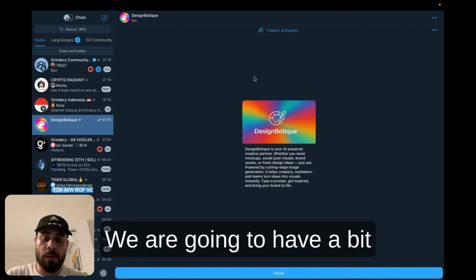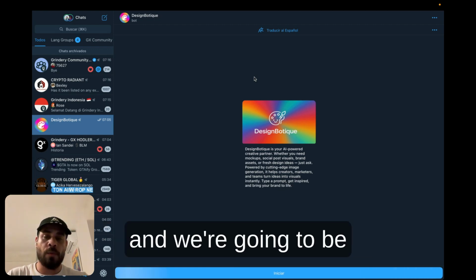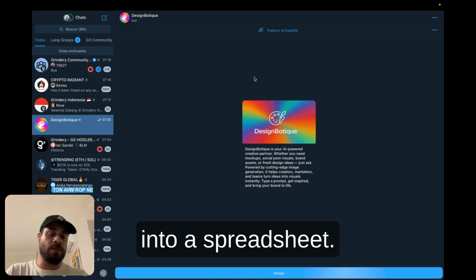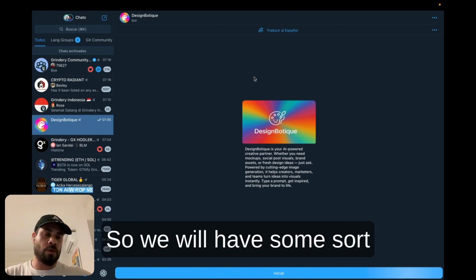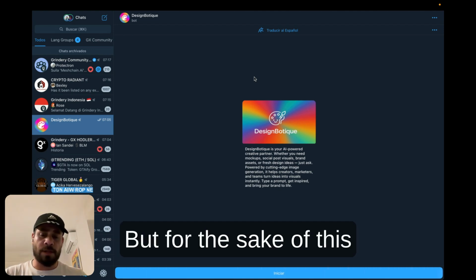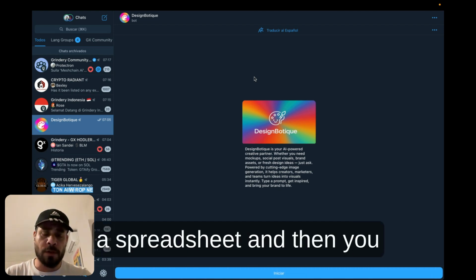We're going to have a bit more control over the data, and we're going to be able to connect the user data into a spreadsheet. So we will have some sort of a database, or you can also connect to a CRM, but for the sake of this example, we're going to use a spreadsheet.